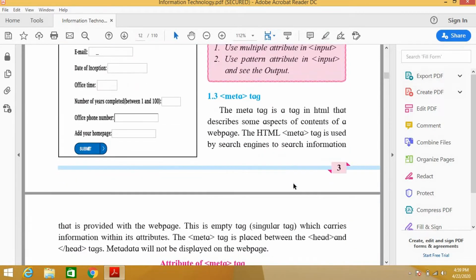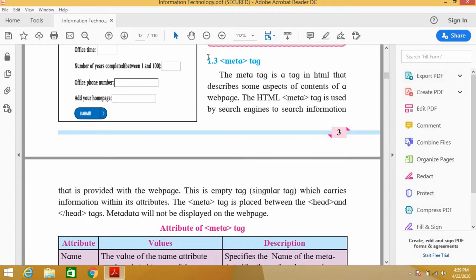So basically what is the use of the meta tag? Meta tag is nothing but a tag in HTML that describes some aspect of the contents of the web page. So basically the meta tag will give the information of your web page. Whatever you have created, if I want to see the content and the description of the web page, it will show us.